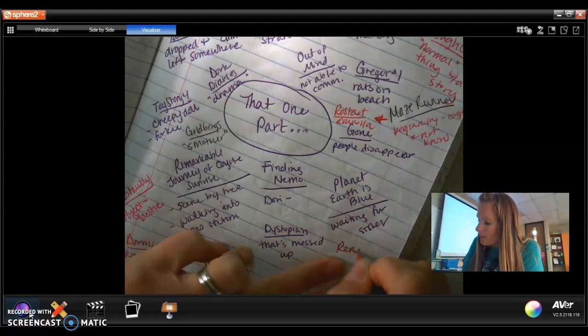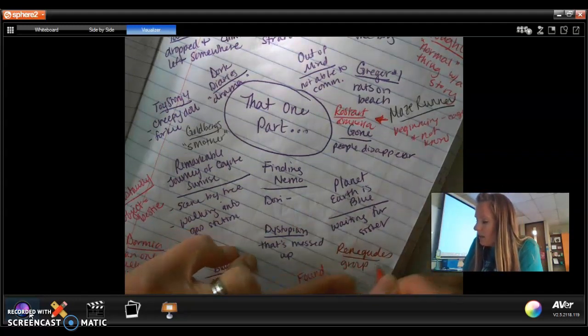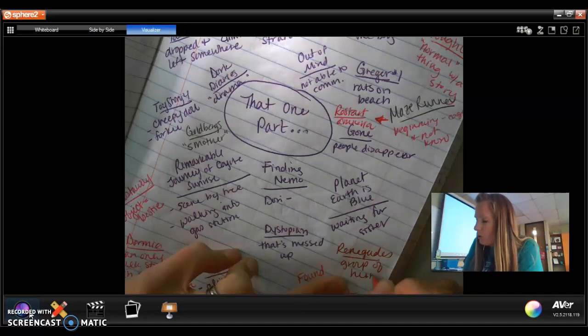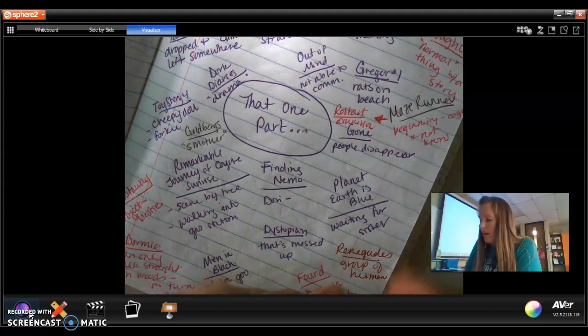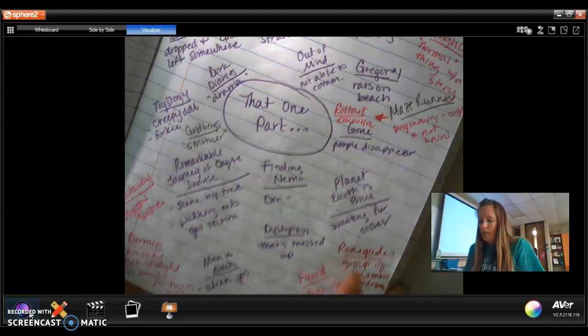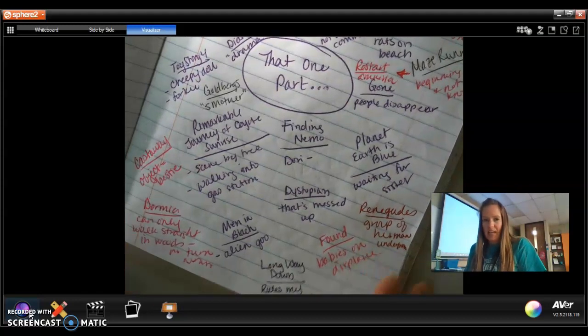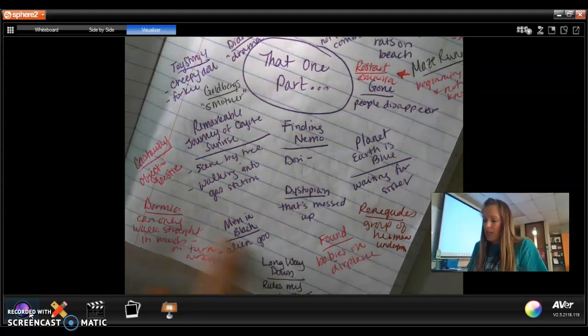Renegades has a part where it's just the idea of this group of humans who live underground, and people aren't sure how to get to them. They kind of live more in the sewers. I say underground, but they just don't want to be found out by society. There's this right here, the alien goo.